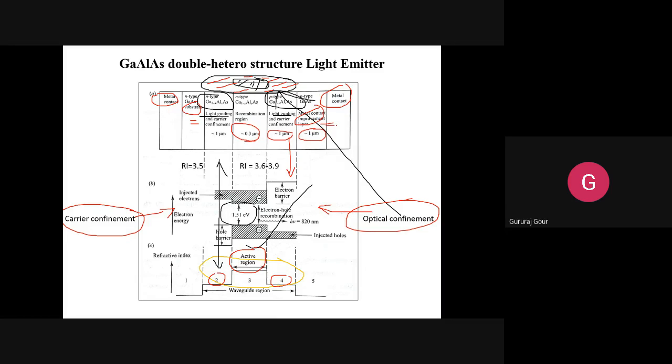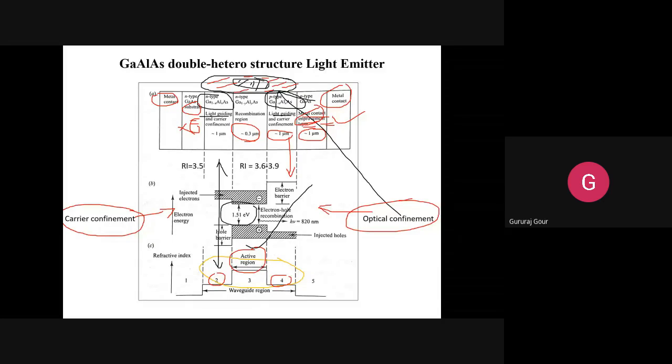Heat sink will improve. Sorry, not this one, not this one. This is just the substrate. So this one is actually acting like a heat sink, the P-type gallium arsenide. It is written as the metal contact improvement layer. It is going to improve the performance of this gallium arsenide double heterostructure LED by sinking the heat, thereby improving its performance.